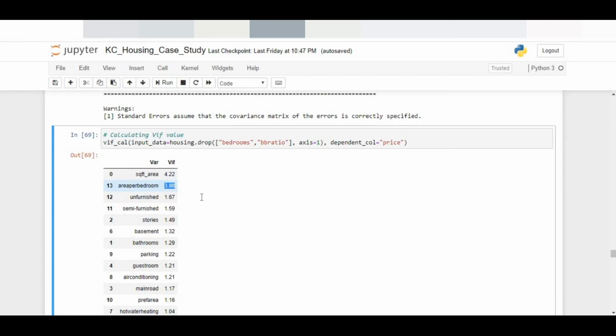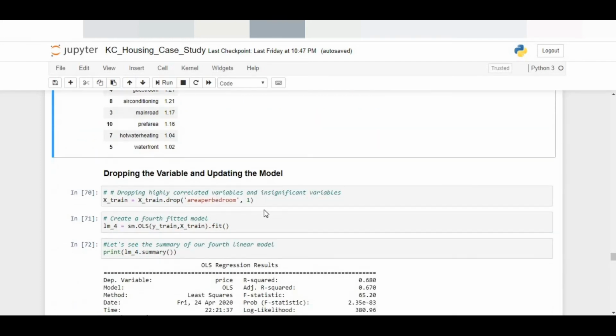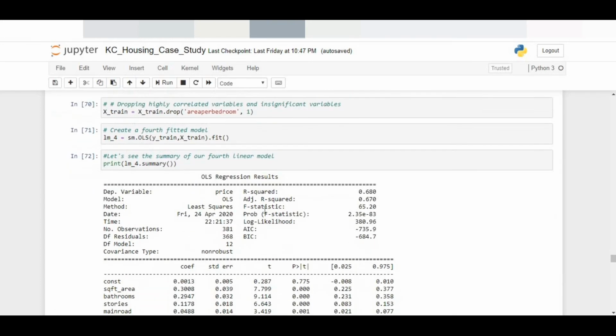Area per bedroom is something I would like to drop first before the square feet area. Square feet area, I feel, is an important factor, because based on the area we try to predict the price, right? So I would like to drop the area per bedroom first, then see how things behave. Okay, so I drop the area per bedroom.